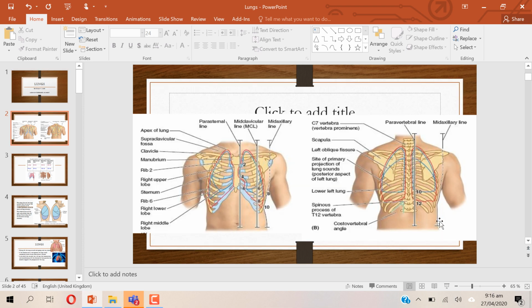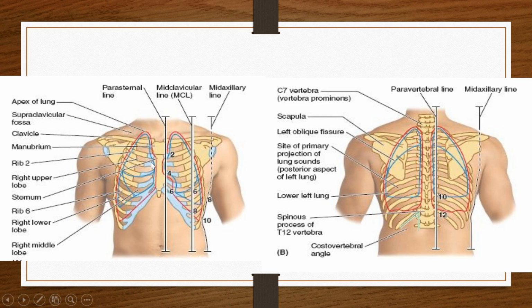Today, inshallah, we will start a new topic, which is lungs. Everybody knows that we have a pair of lungs which lie on each side of the mediastinum. Mediastinum is the area in which the heart and great vessels lie. There are two lungs, the right lung and the left lung. We have revised the lines of the pleural reflection before in detail.